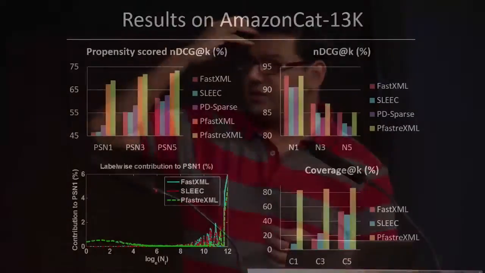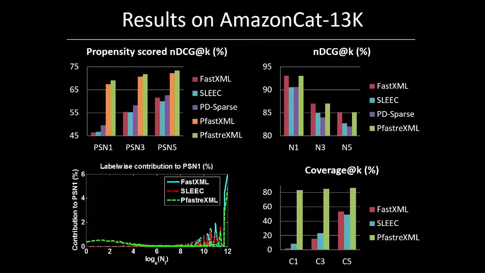So what really is going on? The answer is provided by the two plots that you see below. So the plot on the left is plotting which labels each of the algorithms is getting correct. Right? And the tail labels are on the left and the head labels are on the right. That's the standard convention. And if you look at FastXML, you can see that it's focusing all its attention on the head labels. Okay? So if you look at the million test points that there are on Amazon Cat, then